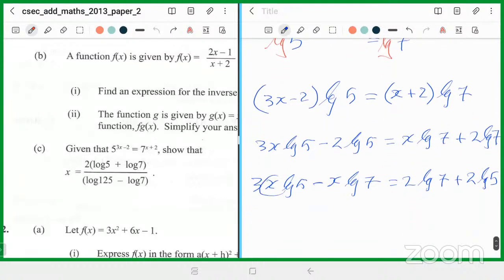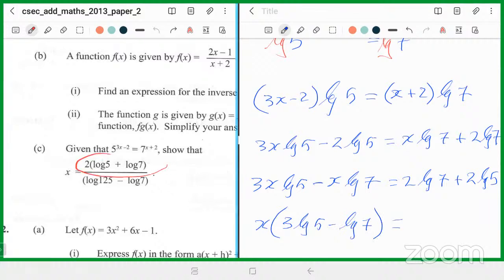I'm going to factorize the x away from these two terms. I'm going to get x into 3 log 5 minus log 7 equals, based on this answer that I have here, I can factorize away the 2 from these and get 2 bracket, just like they put the log 5 in front. You see, they put the log 5 in front. I'm going to put 2 log 5 plus